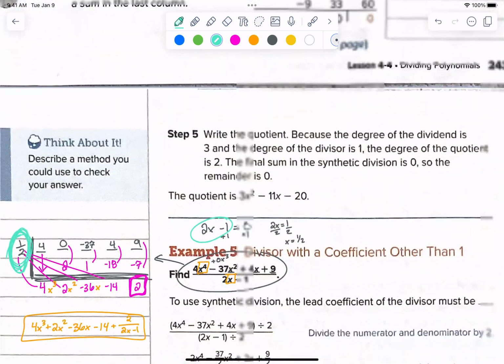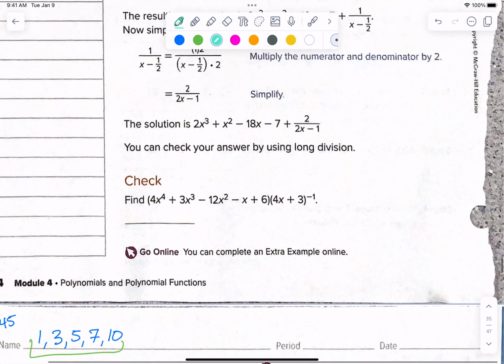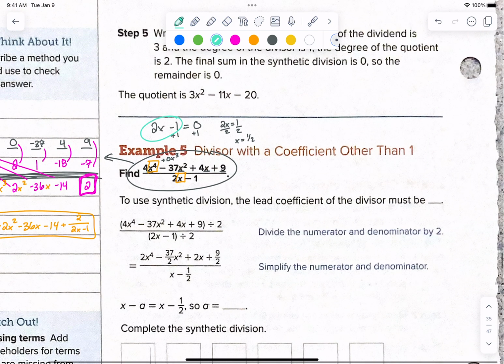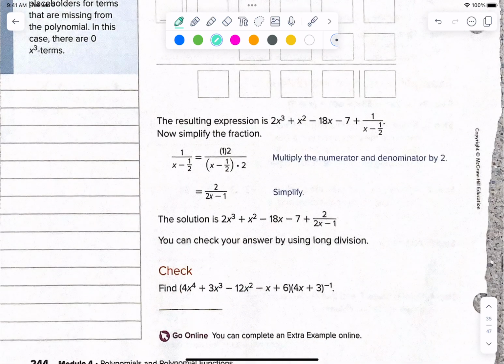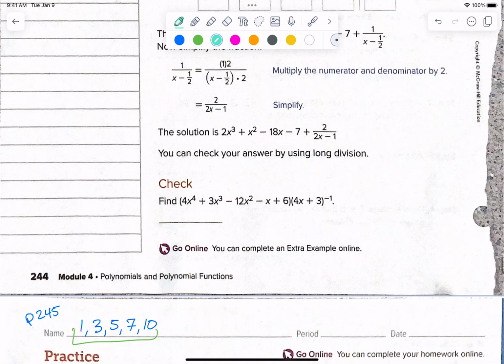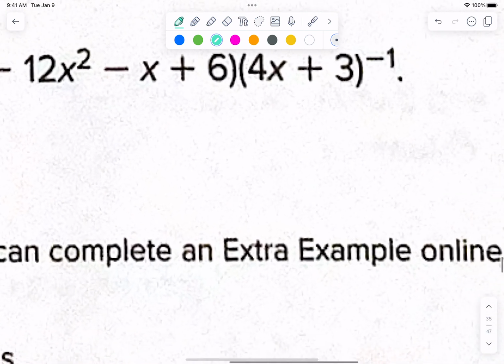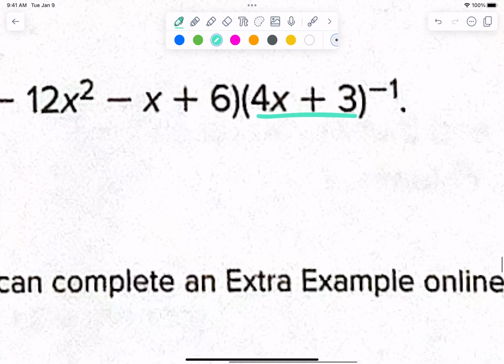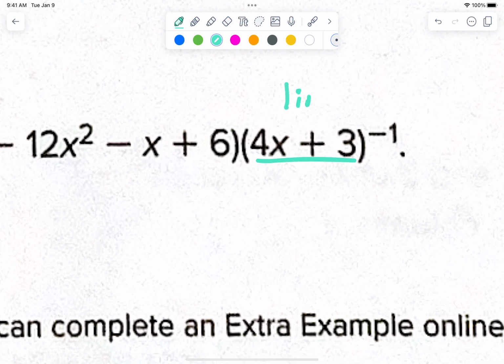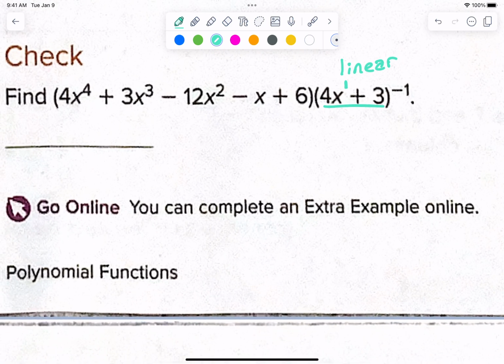Now, here is when synthetic division fails. When you're dividing by 4x plus 3, this is a linear term, just x to the 1st power. Let's say hypothetically, don't write this down, just look up at the screen, I was taking x to the 3rd plus 4x squared minus 7x plus 12 and I was dividing